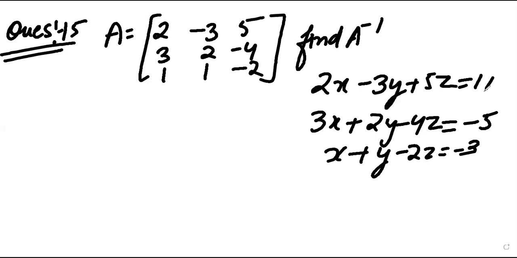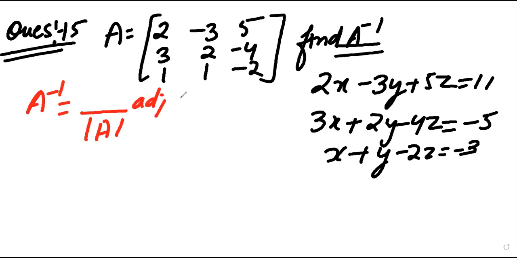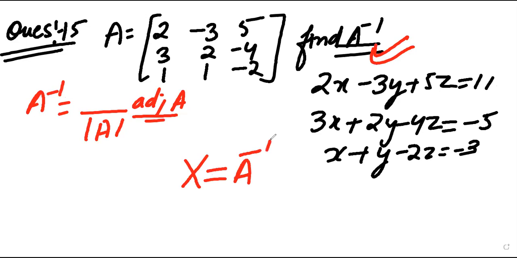So what do you have to do, understand carefully. First find A inverse. The procedure is the same: first find the determinant, then divide by the adjoint of A. Now using this, you have to find the variables. What we do here is x equals this inverse as it is, multiplied by b. Just keep this in mind. Okay, and in the R.D. book or comprehensive book, you can see this type as this. Look.